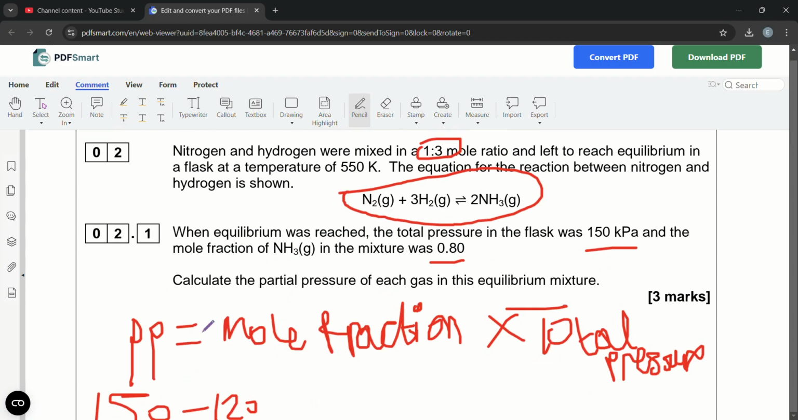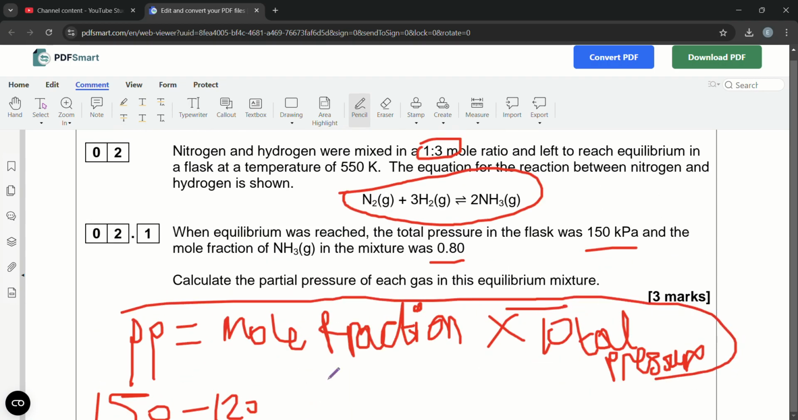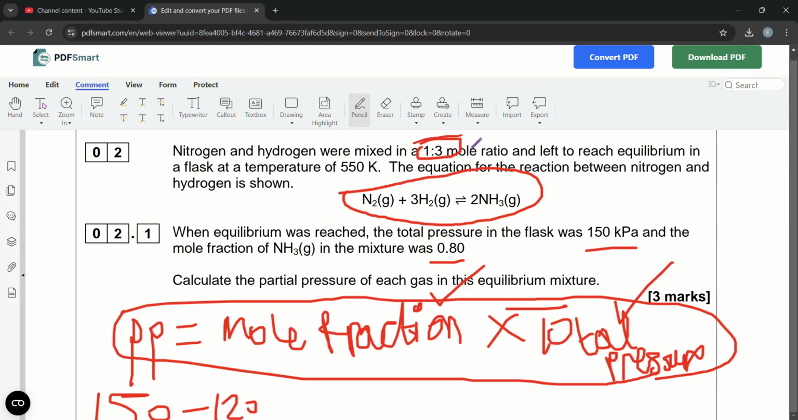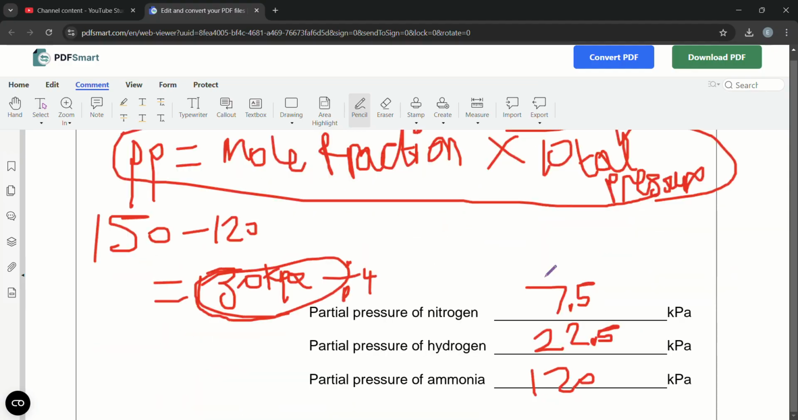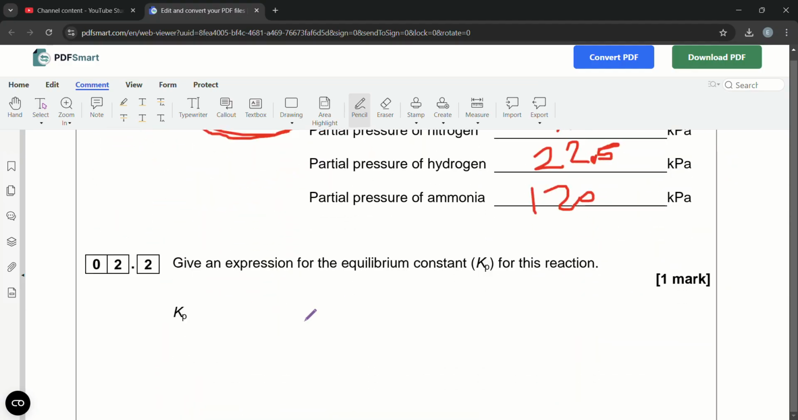So partial pressure is equal to mole fraction times by total pressure, which is a pretty simple formula to remember. Mole fraction times by total pressure. So this bit can trick people out. The mole ratio and then remaining, and then you got to share it, and then you get this with 3 marks. Give an expression for the equilibrium constant for this reaction, where Kp is going to be equal to partial